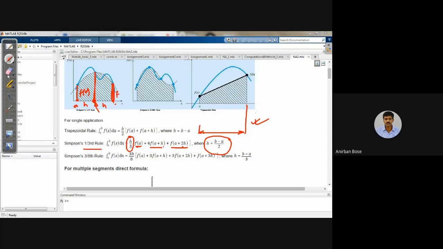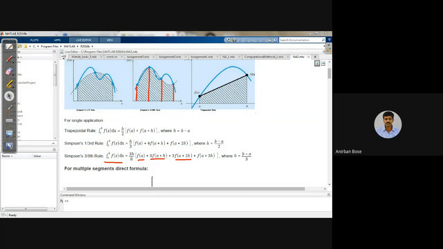That's all. Exactly in a similar way, if you do the calculations for Simpson's 3/8 rule, you will find that it is coming f(a), f(a) means this length, then 3 f(a plus h). f(a plus h) is this height. f(a plus 2h) is this height. And f(a plus 3h) means b, so f(b) is this height. So this is the expression multiplied by 3/8 into h. So that will be the formula for Simpson's 3/8 rule to calculate the integral.